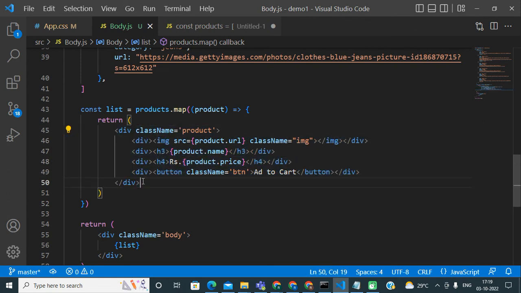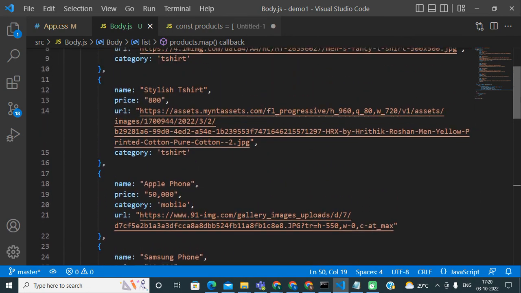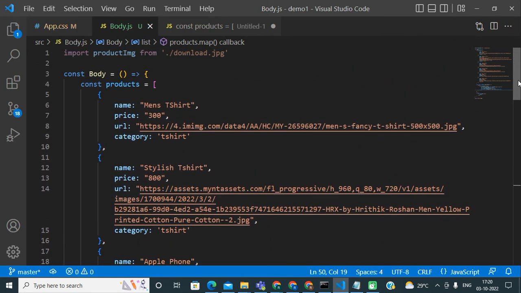normal hard-coded HTML first. After that, I had just created one array, okay, and that array is basically holding different objects where each object is just representing one product, basically storing one product, and for every object, we have different properties like name, price, URL, and category, okay.